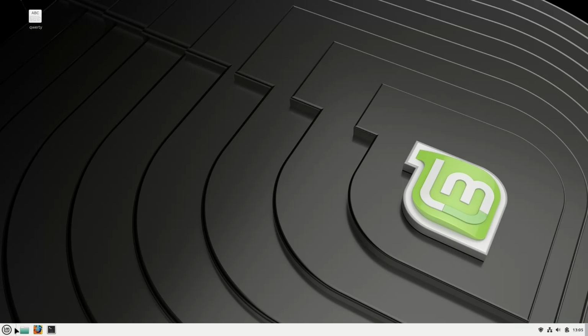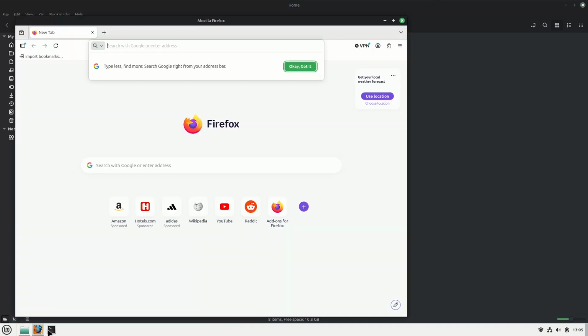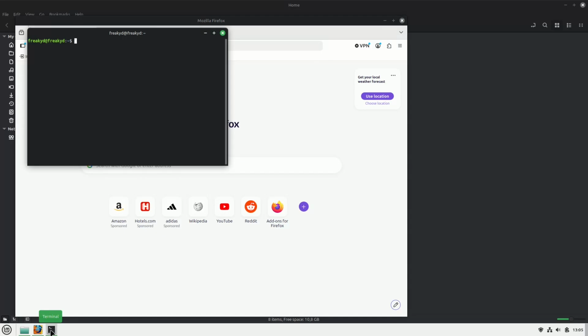If we open the file manager, Firefox and the terminal, as you see, they will lay out almost on top of each other. On the top of the windows, you see a minimize button, maximize button, and the close button. It is easy to see the functions of the buttons when they have logical symbols like this.